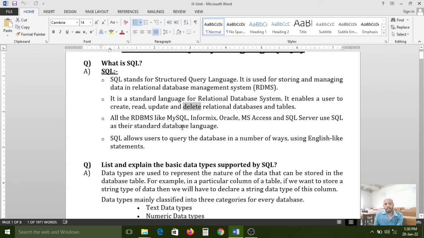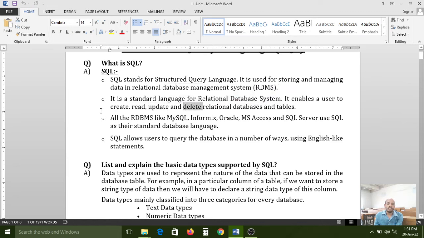If you want to remove any data, record, table, or user, for that we can use the delete operation. So especially in RDBMS software, we can do 4 types of operations: create, read, update and delete.